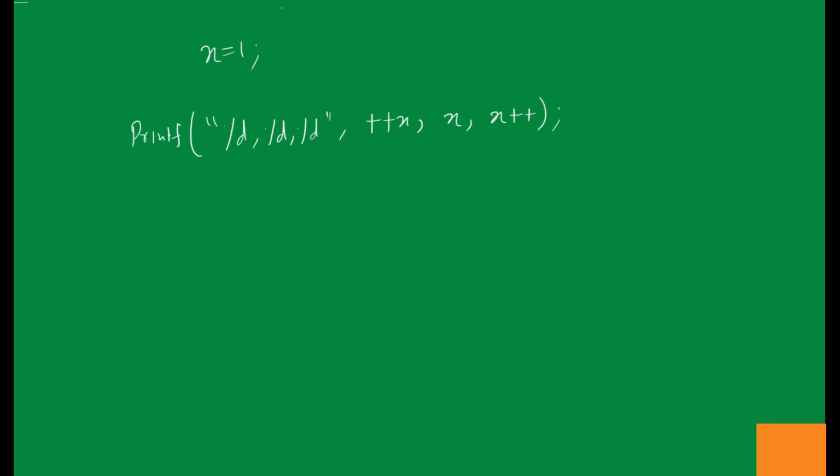So during the printf statement, always remember that this is always evaluated from right to left, but the printing will occur from left to right. This is printing. When we will print it, this will come from left to right, right. But when we are going to evaluate, it will come from right to left. Okay. So first evaluate the expression from right to left. So the expression is plus plus x, and then we have x, and then we have x plus plus. Okay. So what is the value in x initially? It is 1.